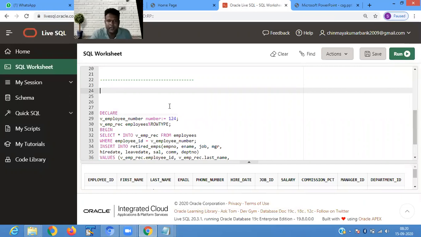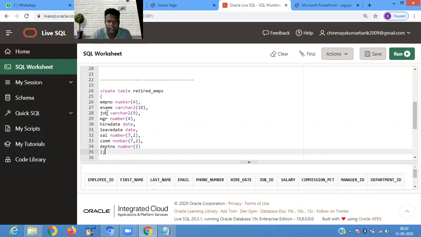Create table retired employee, employee number, employee name, job, manager, hire date, leave date, salary, commission percentage, department number. So we are creating this retired employee table.